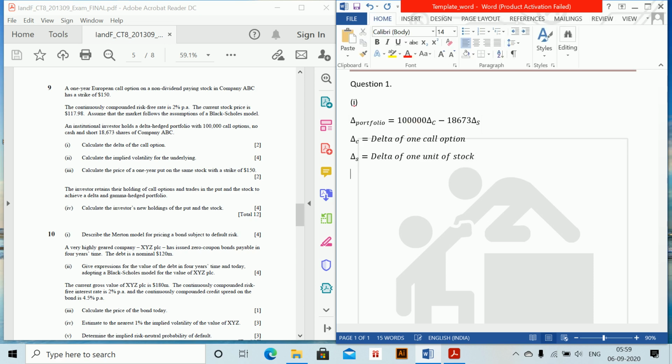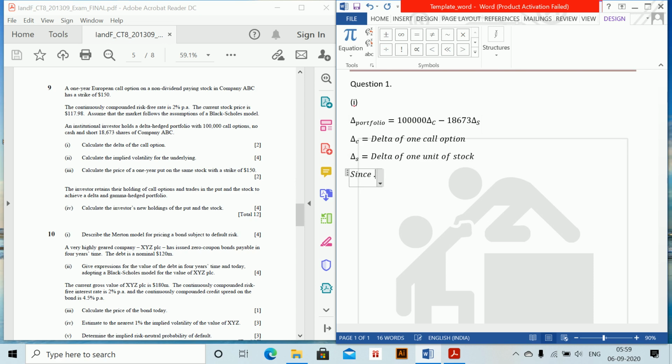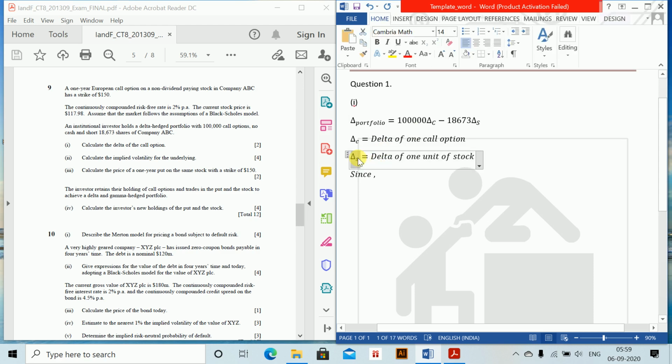Okay, this is there. Next, since delta S is equal to the partial derivative of S with respect to S, which is equal to 1, we get